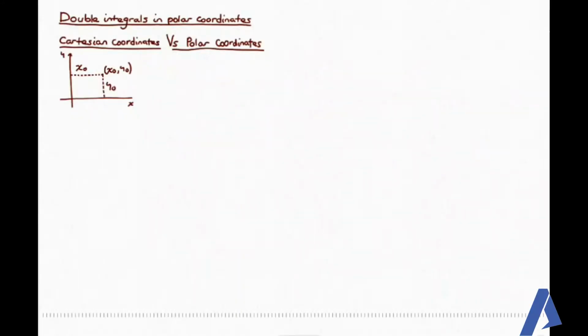በመቀጠል ዳብል ኢንተግራልስ ኢን ፖላር ኮኦርዲኔትስ እናያለን። መጀመሪያ ሌትስ ፌርሊ ዲስቲንጉሽ ቢትዊን ካርቴዥያን ኮኦርዲኔትስ ኤንድ ፖላር ኮኦርዲኔትስ። ካርቴዥያን ኮኦርዲኔትስ ያሁሌ ብዙ ጊዜ ማትስ ላይ የምንጠቀመው የምናውቀው ታይፕ ኦፍ ኮኦርዲኔት ሲስተም ነው። ምንድነው? ቤዚክሊ ኢት ሎኬትስ አ ፖይንት by using the distance from the y-axis and the x-axis. In this case, on this point x naught y naught is described with reference to the y-axis ማለትም ከy-axis x naught distance እና ከx-axis ደግሞ y naught distance ይኖረናል ማለት ነው።